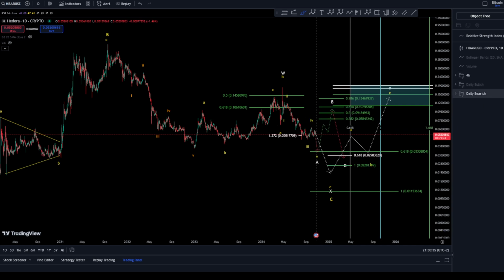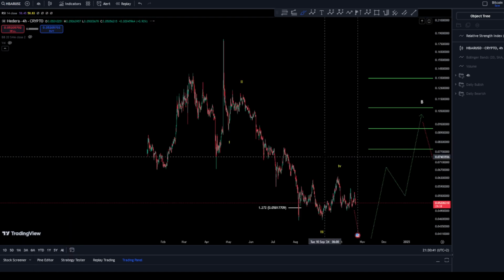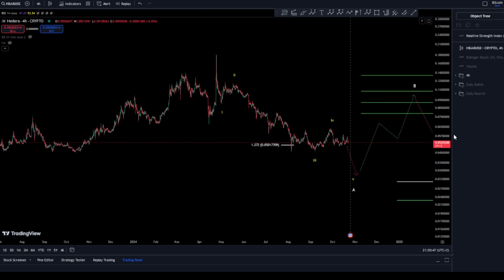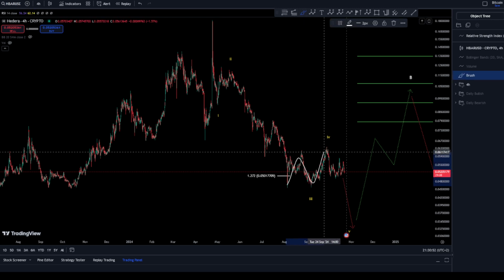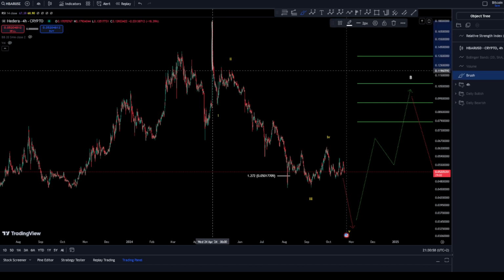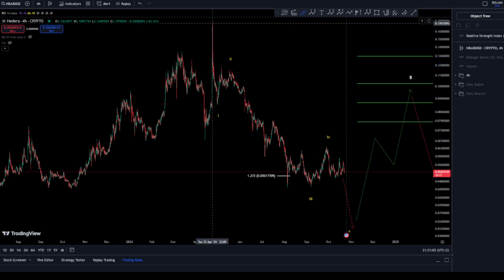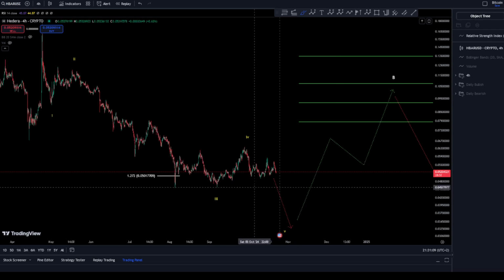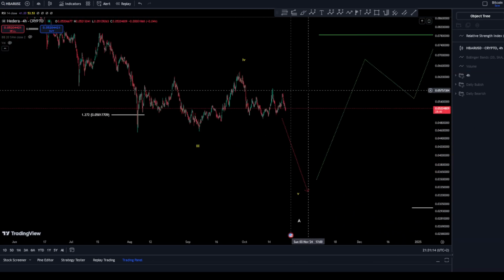So if we dive a little bit inside the 4-hour chart, I want to see what is really going on. We were looking for this contracting diagonal here, where you are looking for 1, 2, 3, 4, 5. However, we didn't get it because of this price action. Therefore, we have to reconsider a 1, 2, 3 here, finished actually at this point. So 1, 2, and a 3, and then 4, and then a 5. Therefore, this price action might be your 1, 2, after a wave 4